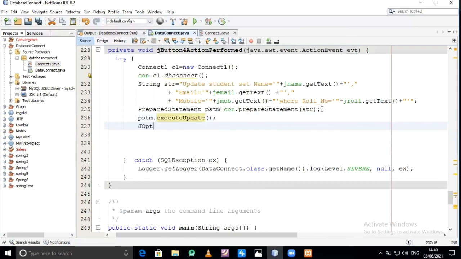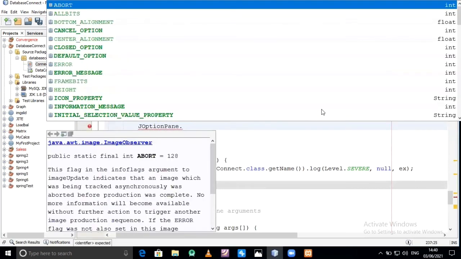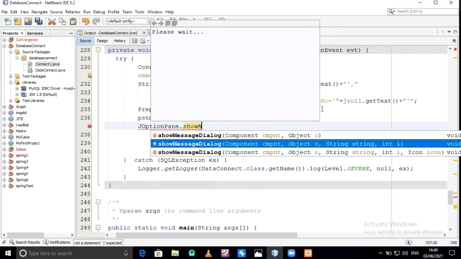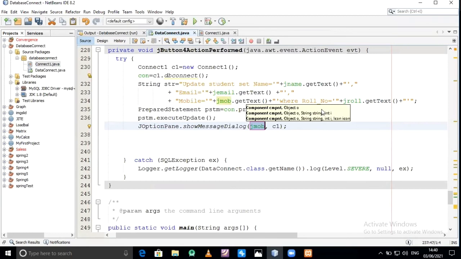After successful updation, JOptionPane.showMessageDialog. So here this, check, and whatever message you want to show after updating the information, record detail.